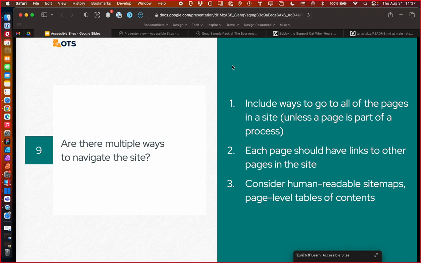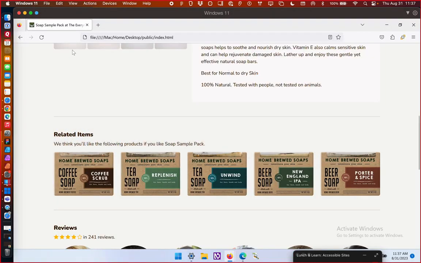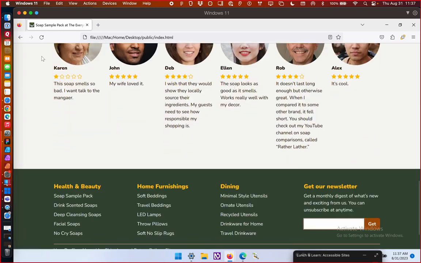So you might consider adding a search bar that's early in the tab order for keyboard users. You might consider adding a human readable sitemap. You may even consider adding something in the footer which lists all the links. So for this example site here, I'll now switch over to Windows 11 and Firefox, and I'll scroll to the